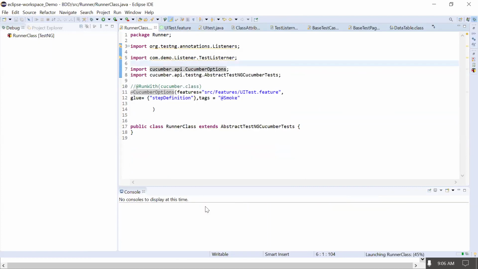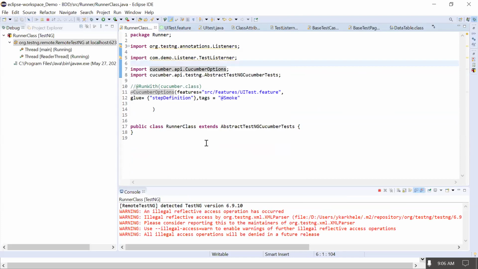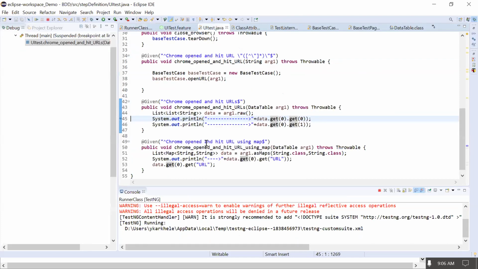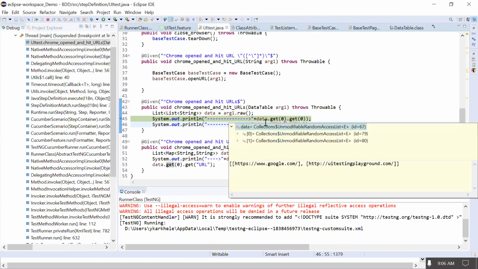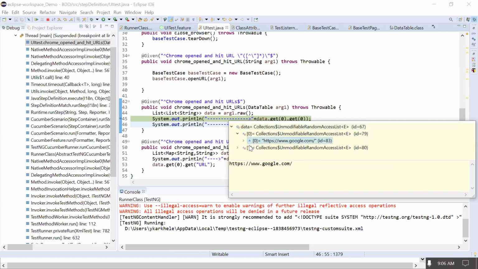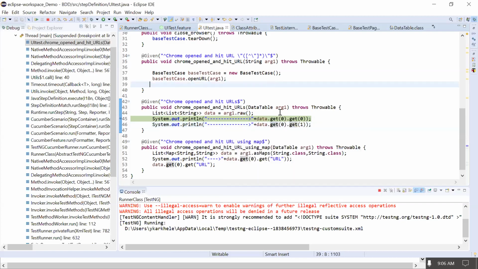As just a test. I'll hover the mouse here to see the data. We can see it says 0 0, the first data. The second is actually a row, right? 1 0. I have to provide 1 0 here.